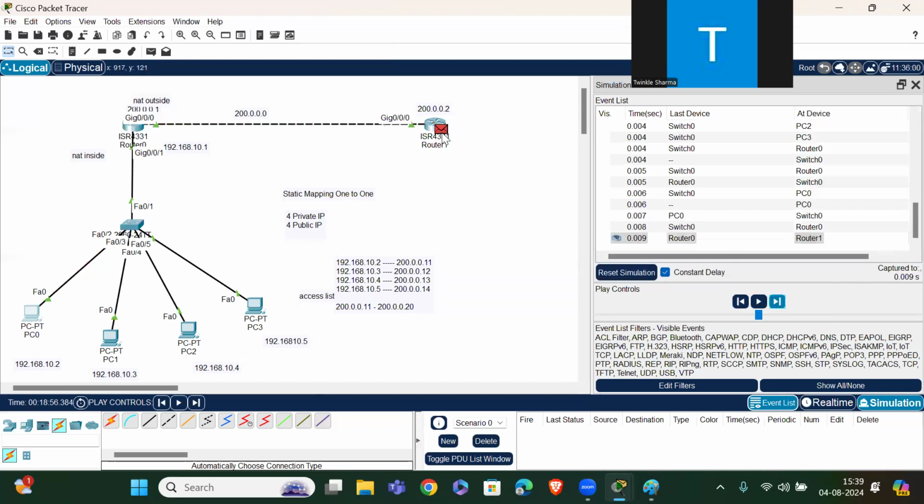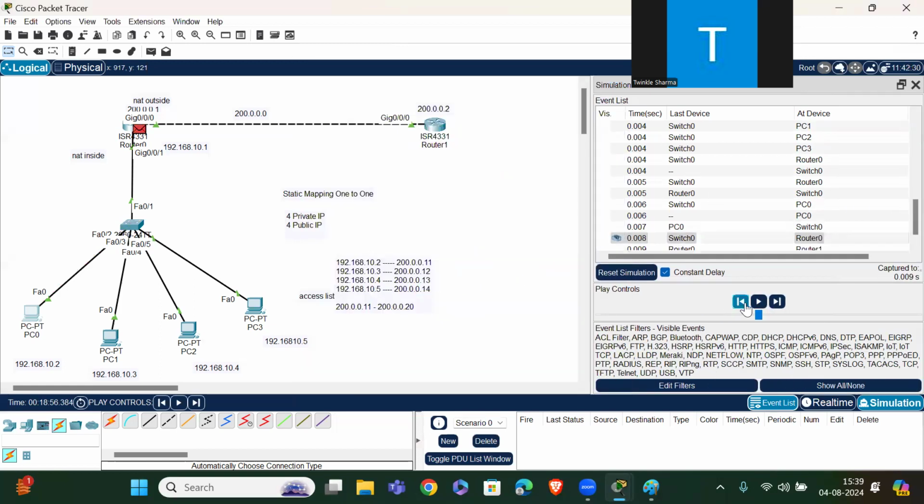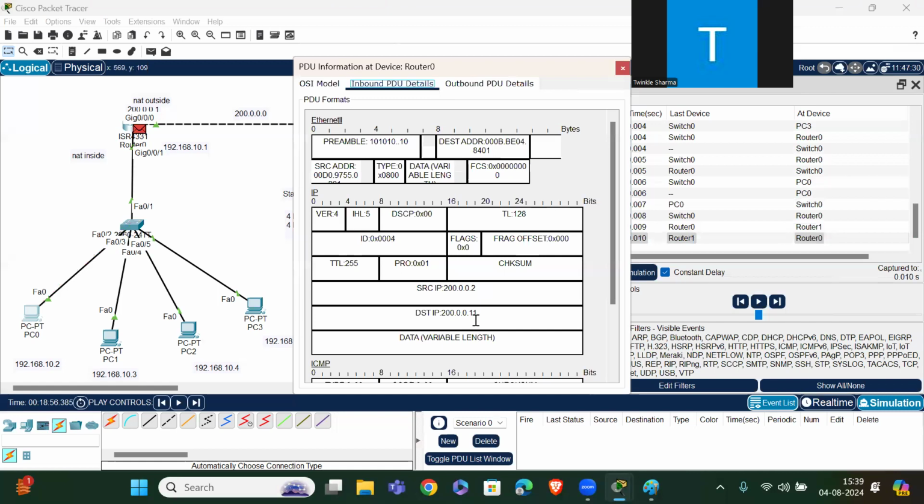Now I will check here also. The inbound IP, source IP is 200.0.0.11 and destination is 200.0.0.2. Okay. Again, now this is our source or destination.